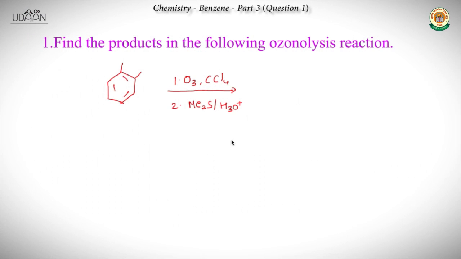Now that we have covered the theory part, let's try solving this very simple question, which involves the ozonolysis of the given compound. The given compound is a benzene ring with 2 methyl groups attached to it. Those are in ortho positions. Now this given reaction is simply called reductive ozonolysis,